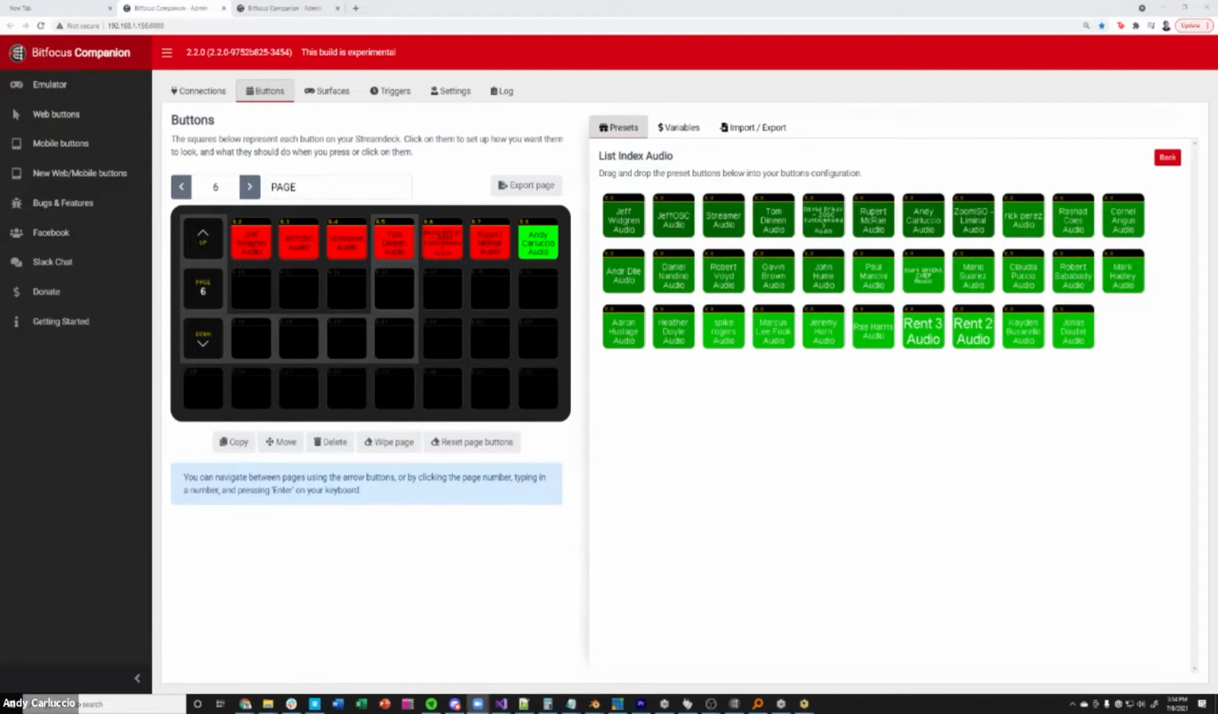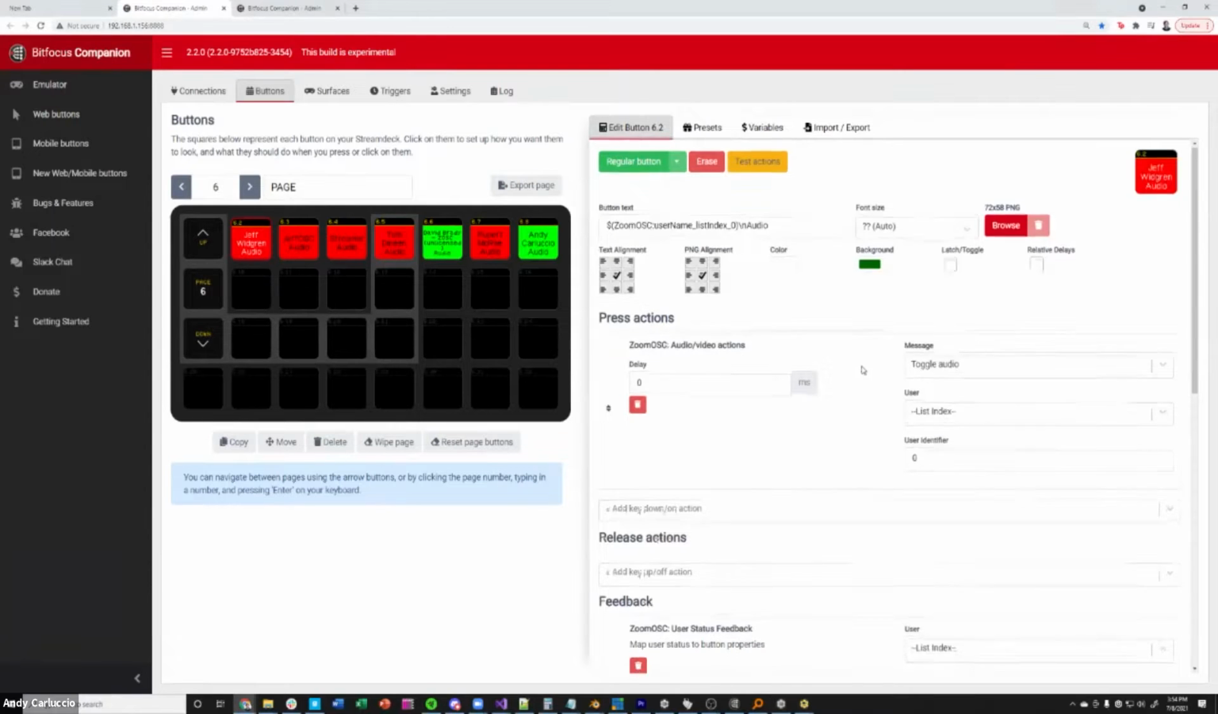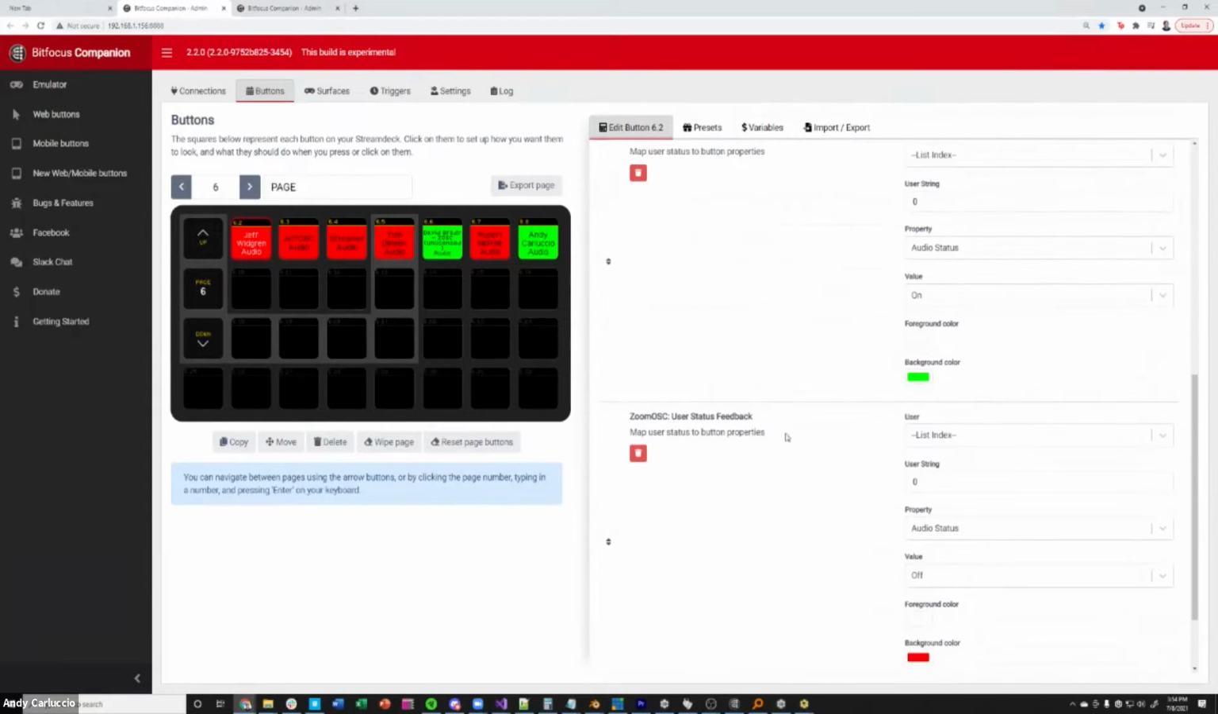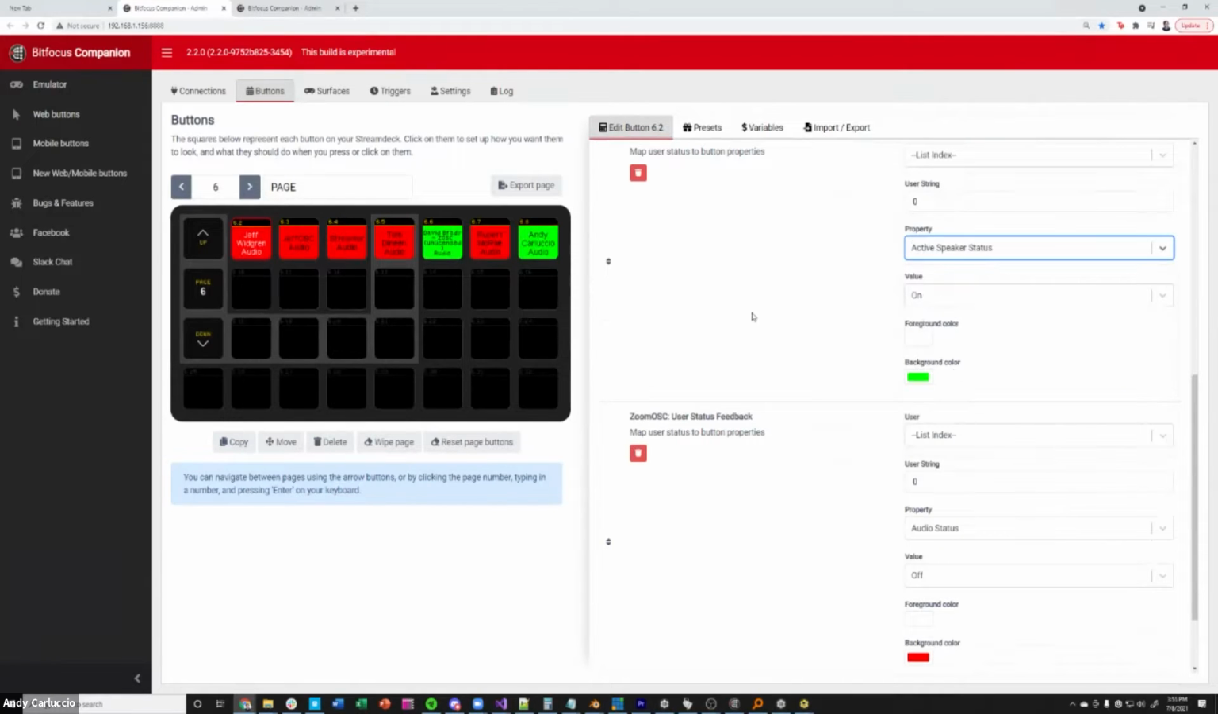It's my mic status. So as people unmute and mute their mic, we can see whose mic is open. Now, if what you mean, Aaron, is literally who is currently sending audio into the meeting, the active speaker, we would change the feedback status from audio status to active speaker status. So if I change that and I stop talking and then Jeff takes over speaking for me,